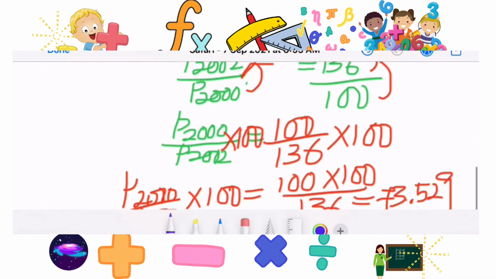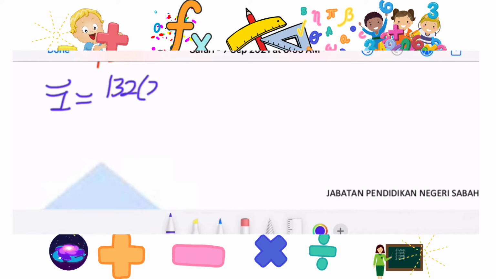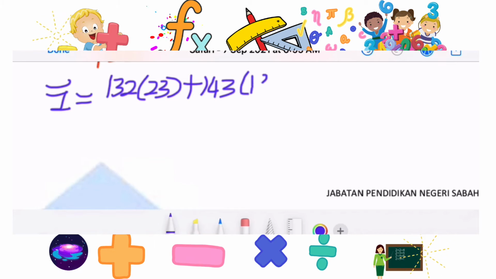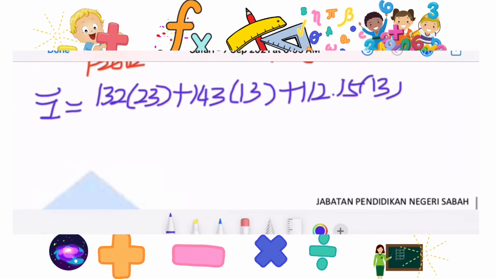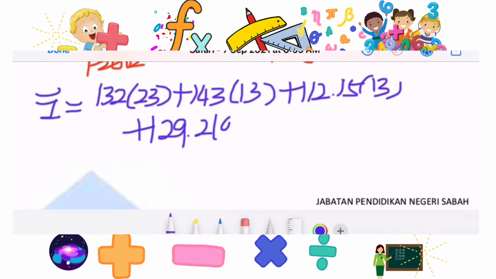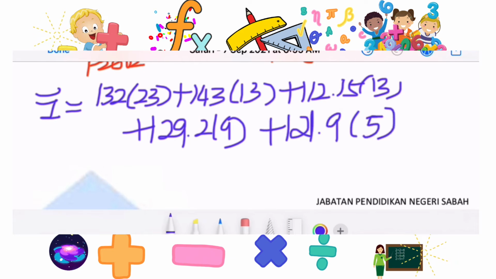So let's write down in a systematic order so that we can get the answer for the new composite index. This one is 132 times 23 plus 143 times 13 plus 112.15 times 13 plus 129.2 times 9 plus 121.9 times 5 over total